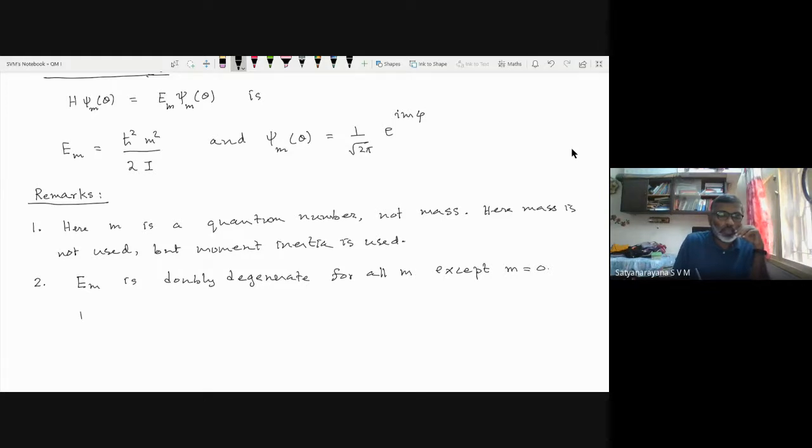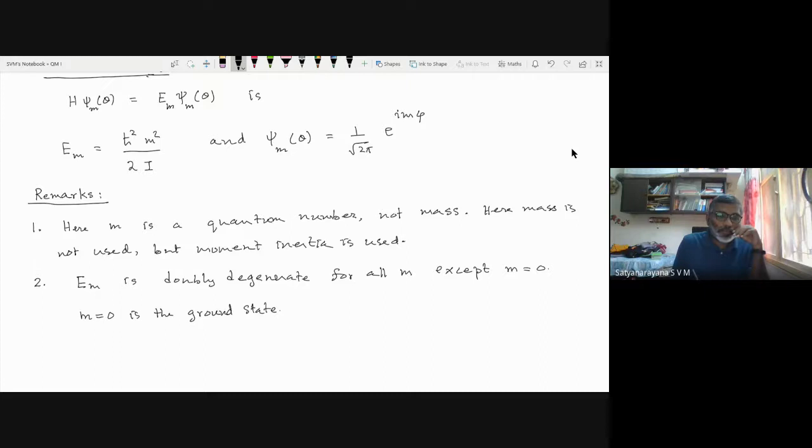So m equal to 0 is the ground state. Except the ground state, all other excited states are doubly degenerate because